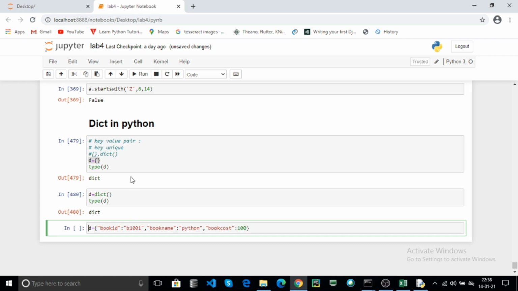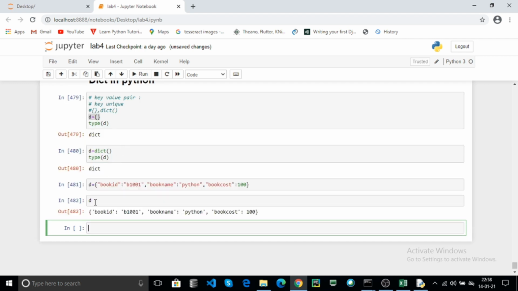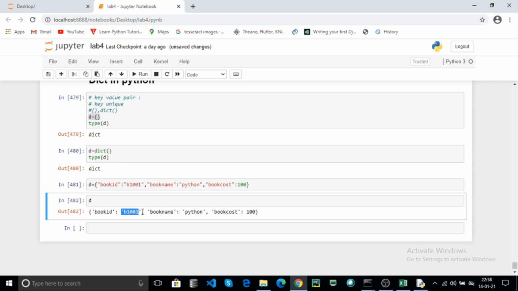Now this is the dictionary, and print the dictionary. Here the book ID is the key and B1001 is the value.